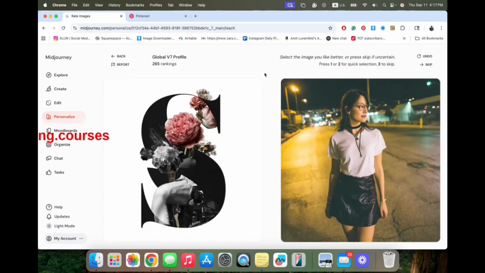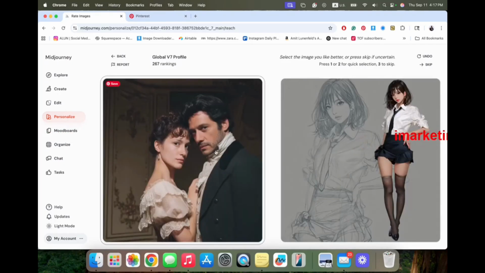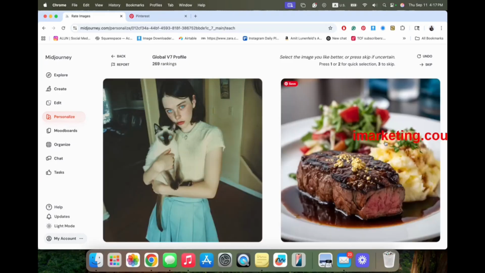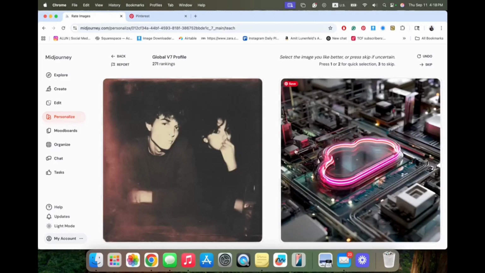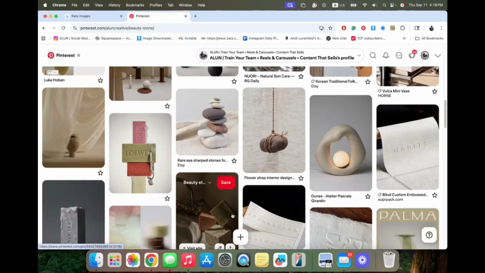Then the more examples you give Midjourney, the better results you'll get. So you want to be picking here your taste level and things that you will want to create in the future in Midjourney. From here, we're going to go and create a mood board. For a mood board, we want to collect images from Pinterest or even from your previous projects, images from your phone, anything you have that can give reference to Midjourney.